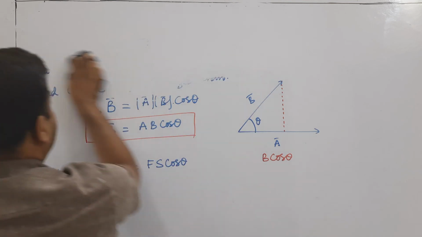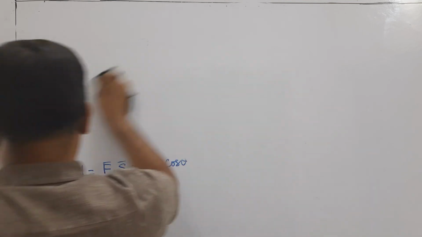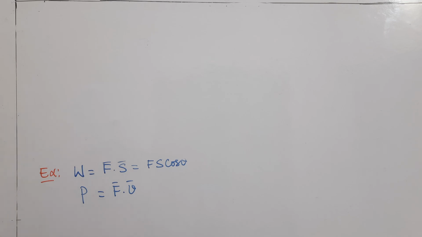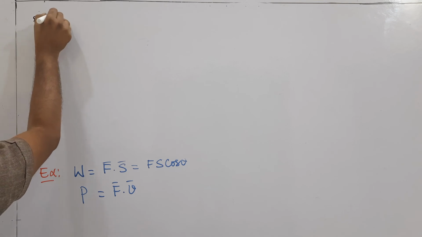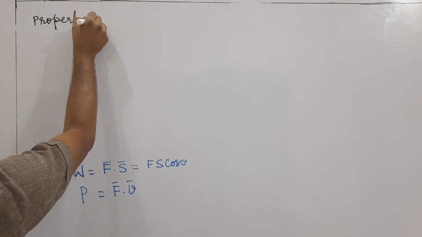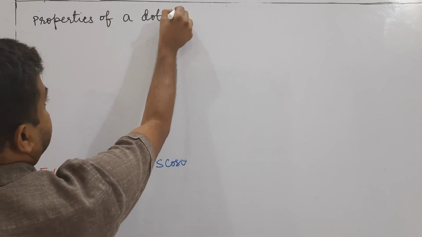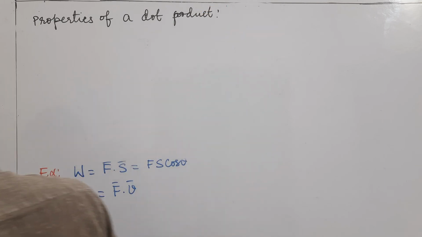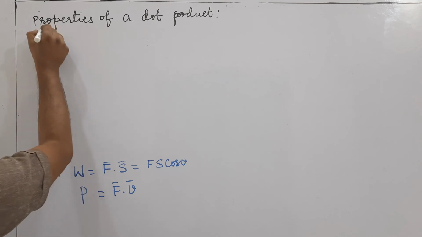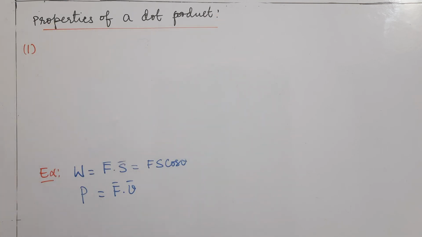What are the properties of a dot product? Properties of a dot product. We can write now. What is the first property here? The first property